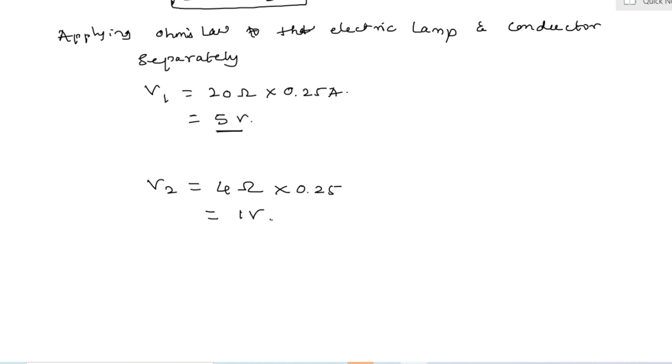Suppose that we would like to replace the series combination of electric lamp and conductor by a single equivalent resistance. Its resistance must be such that a potential difference of 6 volt across the battery terminals will cause a current of 0.25 ampere in the circuit. The resistance R of this equivalent resistance would be